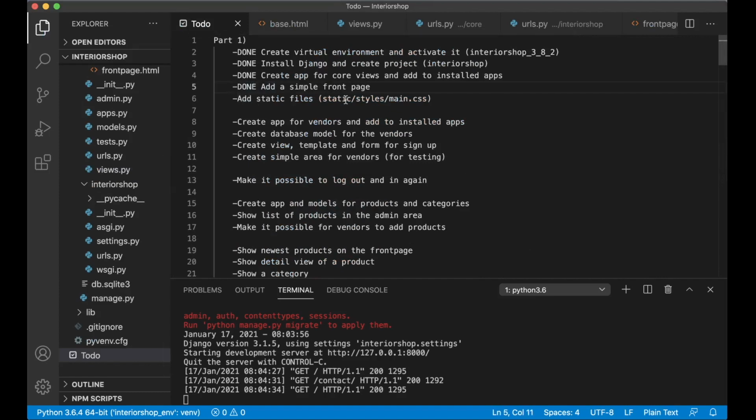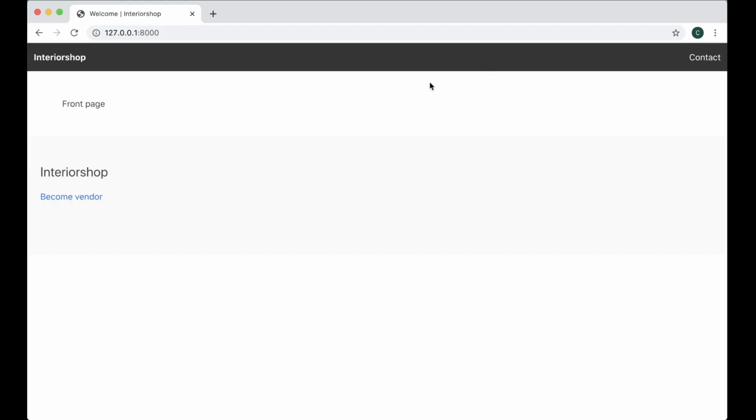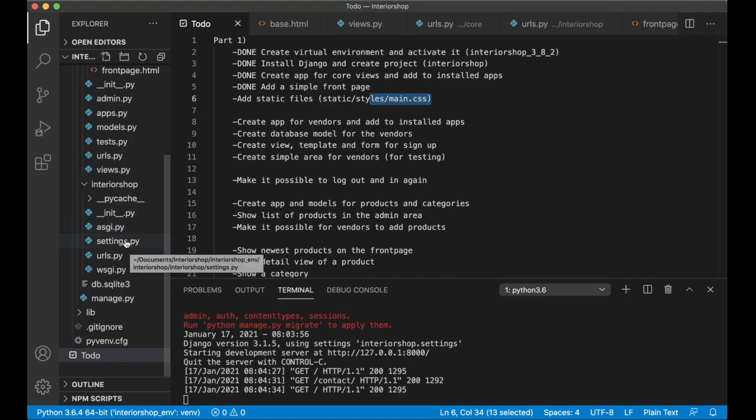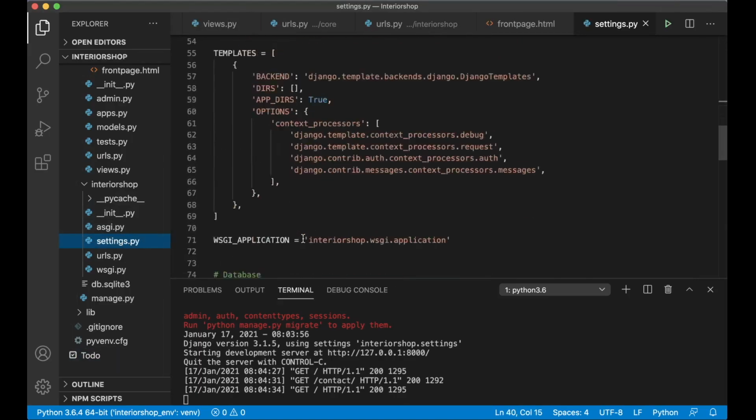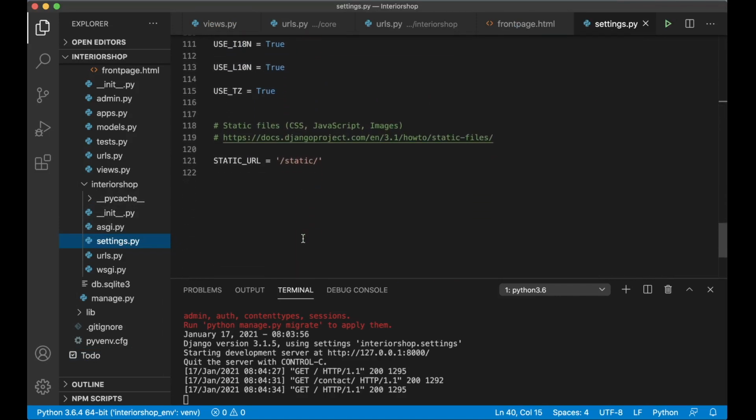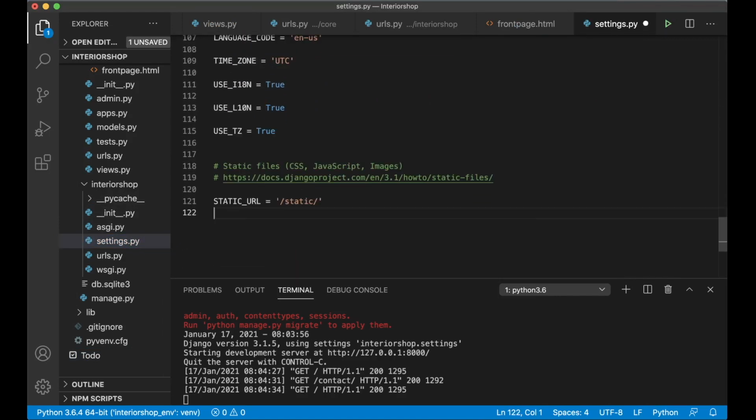Perfect. Then I can go back to the to-do list and set this to done. Next step is to create a static file CSS, because I want to do a few small changes to the menu and to the footer. And the first thing we need to do then is to go into settings.py. We'll make a little change at the bottom here. Here we need to add something called static files dirs, so Django knows where to look for these files. Base dir / static